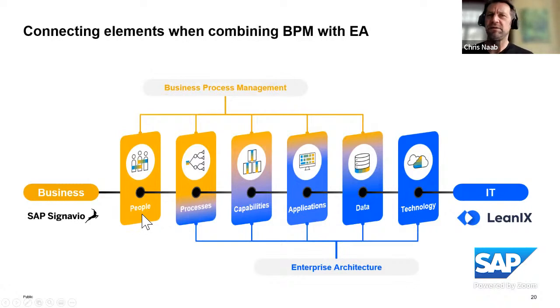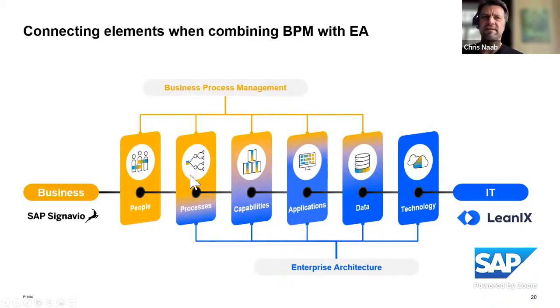Users need to be managed. People and processes are rather the focus of business process management, because business process management has a pure focus on processes, whereas then capabilities, applications, you're moving more into the IT domain,